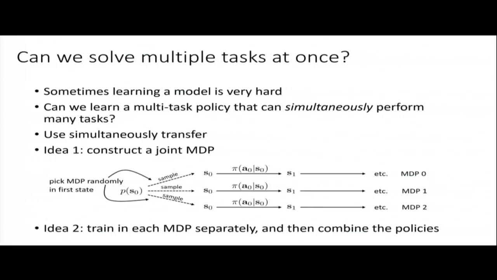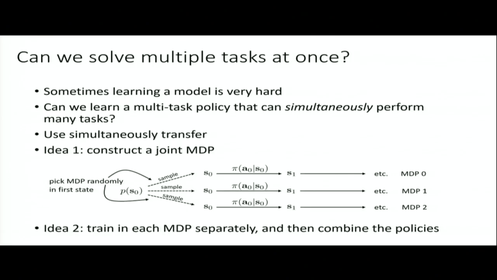It's just a very peculiar one where the initial state distribution has this fairly complex structure, but then once you've picked the initial state and corresponding to the MDP you're supposed to act in, then everything is relatively straightforward. So this is a way that you can fuse multiple MDPs into one, and once you've done that, you can just run your favorite reinforcement learning algorithm. This is a very reasonable thing to do, and for tasks that are reasonably tractable, this actually can work very well. However, if these MDPs are very different, and you're already at the limits of what a state-of-the-art deep RL algorithm can do,